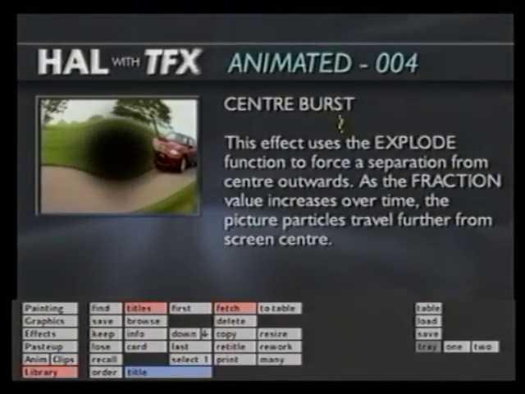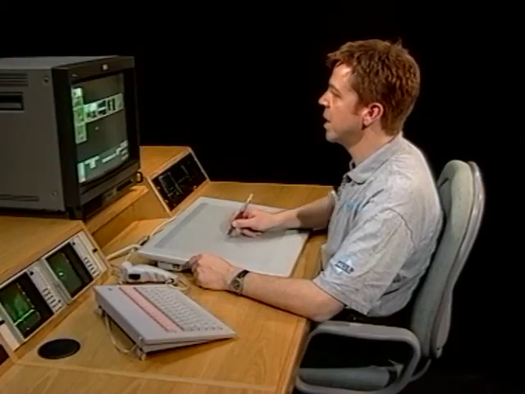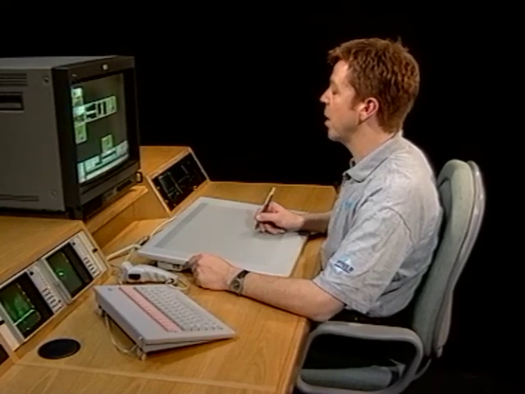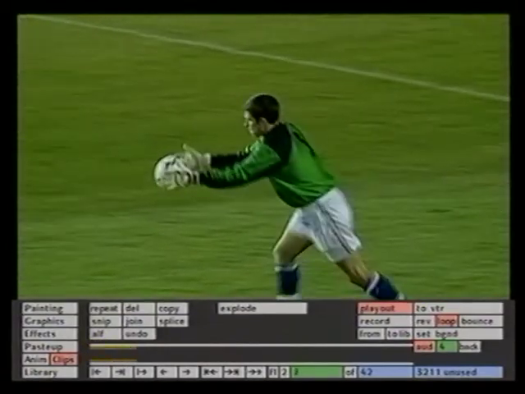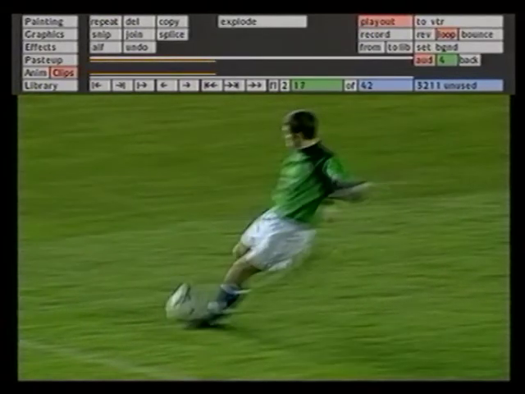This uses the explode function to create a burst in the centre of the picture. This is a preview of the effect, and this is an explanation. Now I'm going to load the graph. And I apply the effect to this clip. And I want the explosion to begin at the point where the player makes contact with the ball. So if I snip after this point